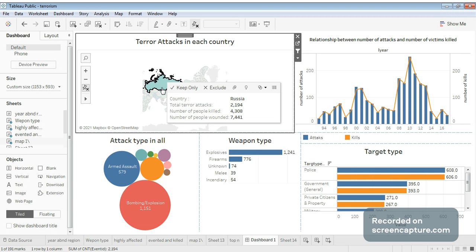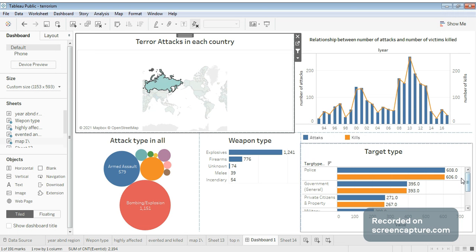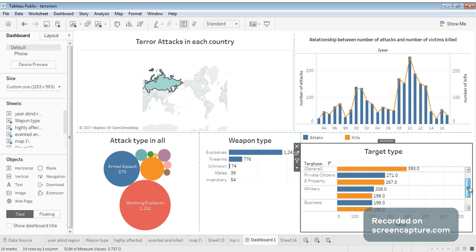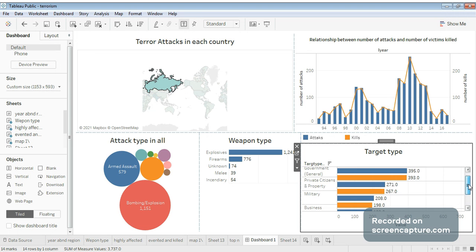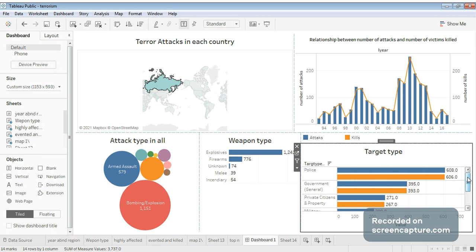It's a clear understanding that more than 1,000 explosives have been used in this country for terror attacks. And when you look at the target types, police, government, and military, and private citizens have again faced a lot of casualties in this region. When you look at the map, from the late 90s there's a lot of terror activity happening in this area. So this is my representation of basic exploratory analysis on